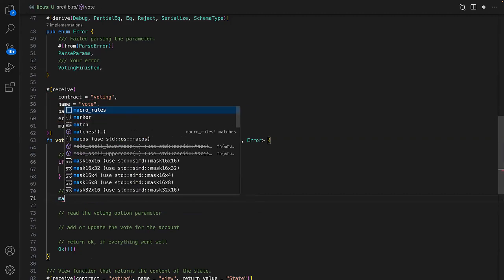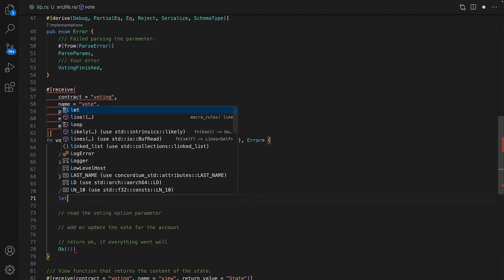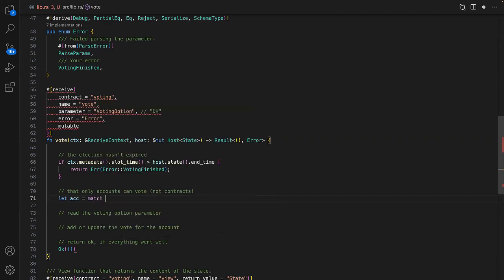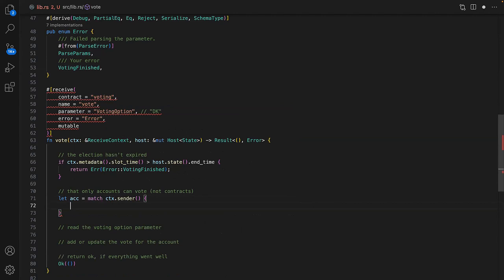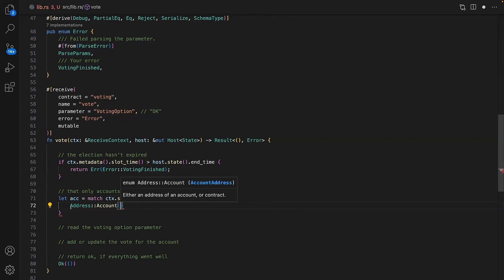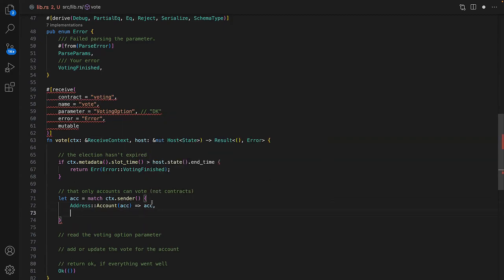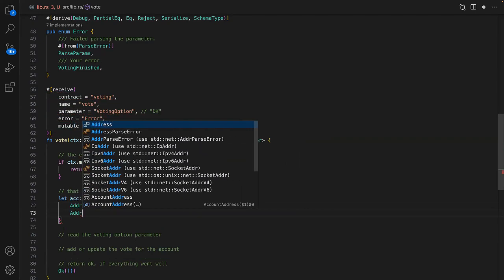Let's actually get the account address. So context the sender, again, we're matching here. The sender is of this type address. That can either be an address account, which is also an enum. If it's an account, then we'll just return the address here and save it in this variable account. And then if it's a contract,